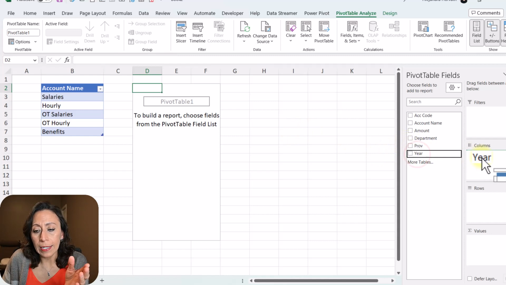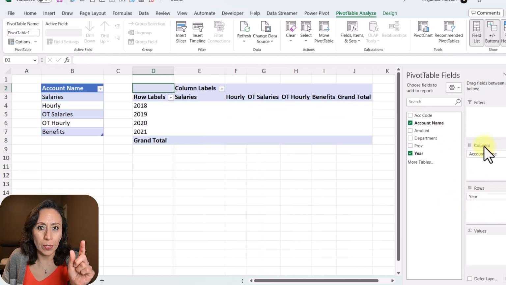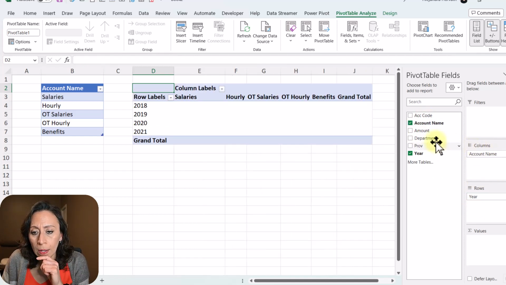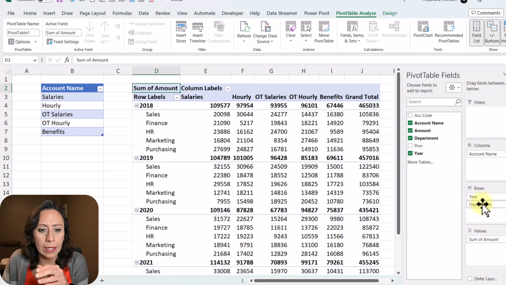I'm going to say year. The year, I'm going to put it on the rows. I'm going to say account name on the columns, so it's easier to see. And I'm going to say the amount right over here. If I want to include the department after the year, let's say, I can do this as well.